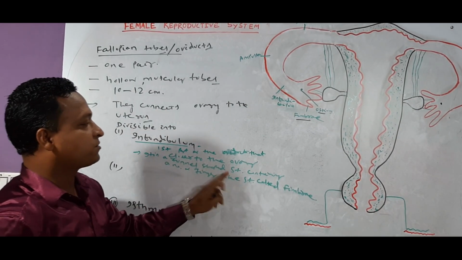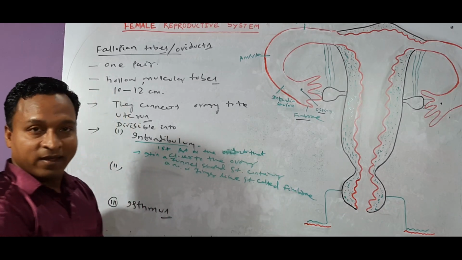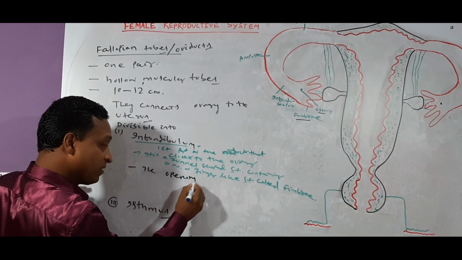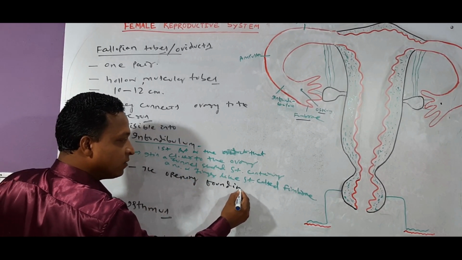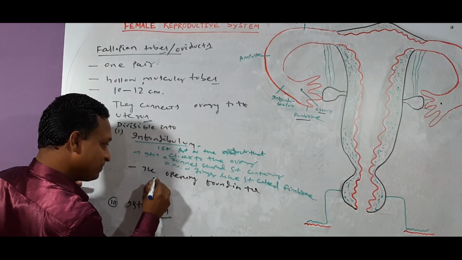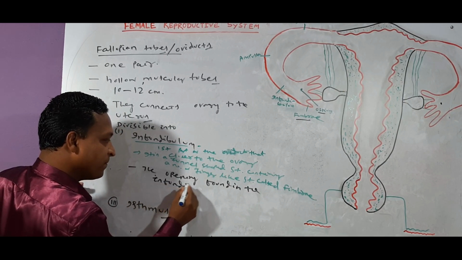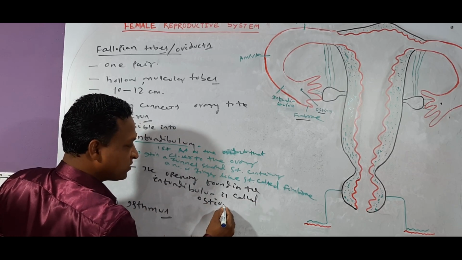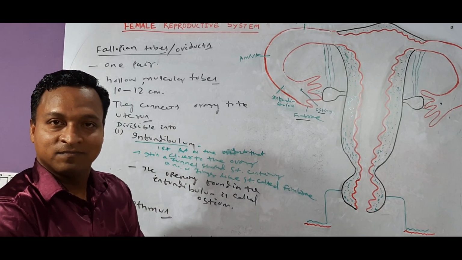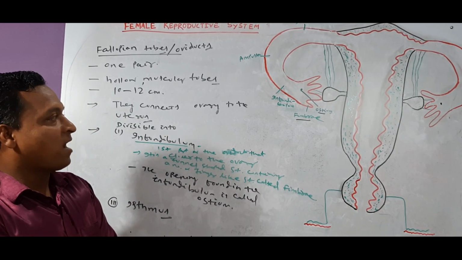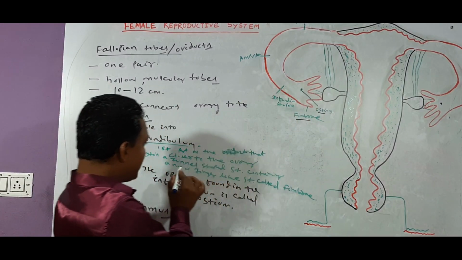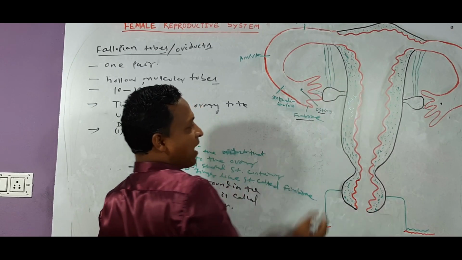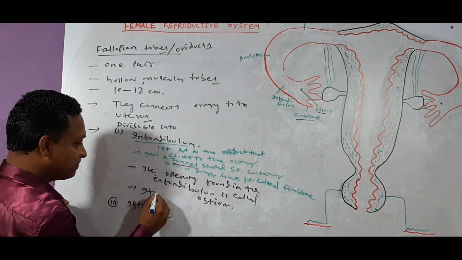Infundibulum is a funnel-shaped structure containing finger-like structures called fimbriae. The opening found in the infundibulum is called ostium. Apart from that, it contains fimbriae, so it is also called